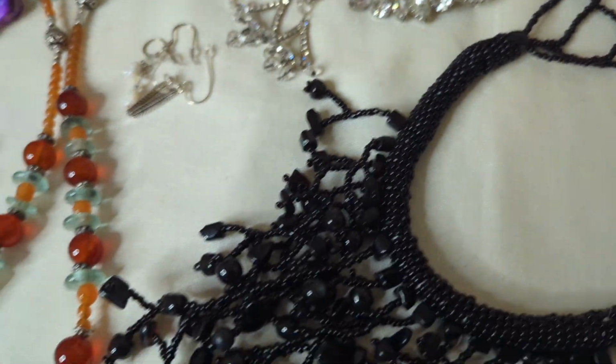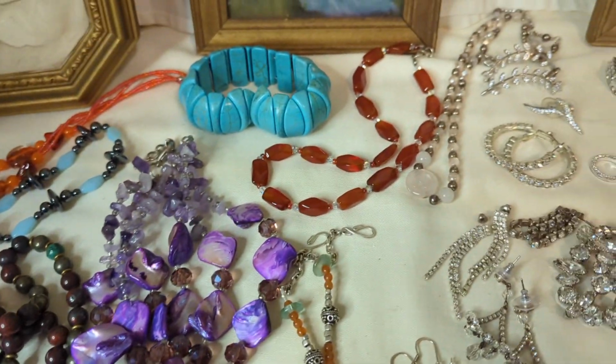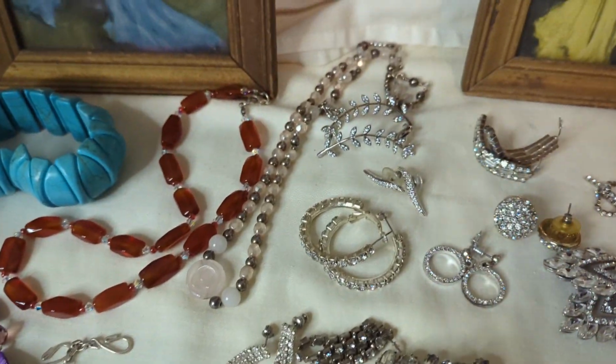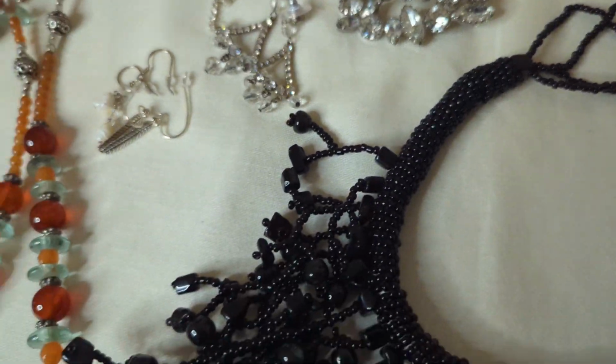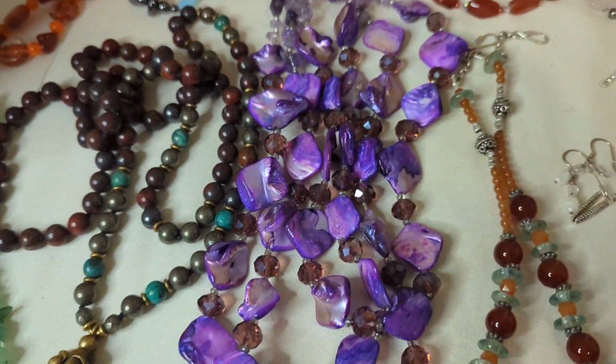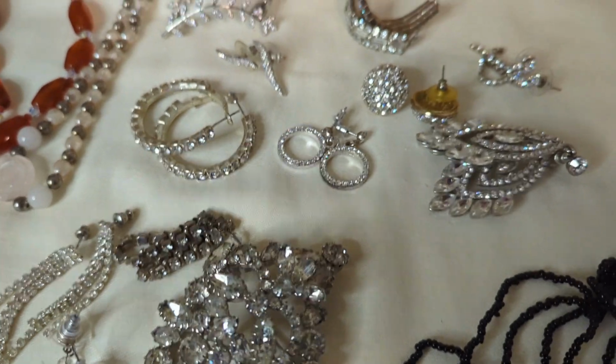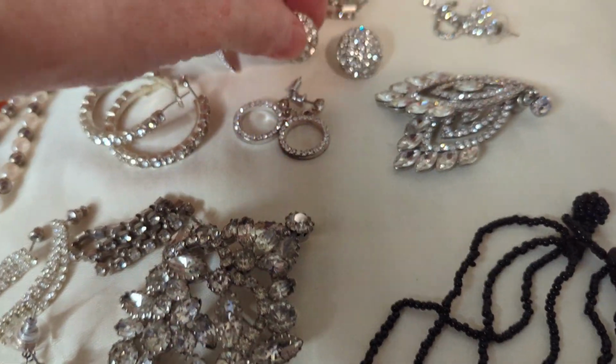These items I purchased from people online, other resellers that I have come to trust their pieces as being quality, and I am super excited to show these to you today. I have some amazing natural stone pieces, and then over here I have some vintage rhinestone pieces that are just